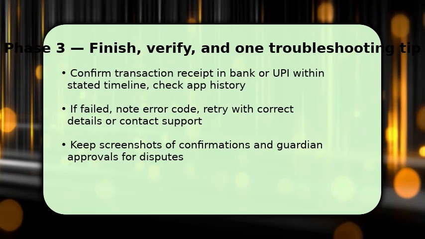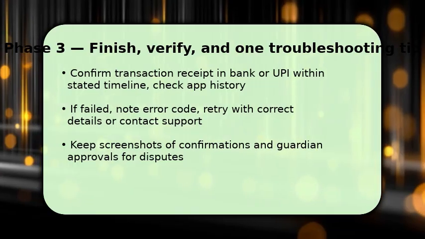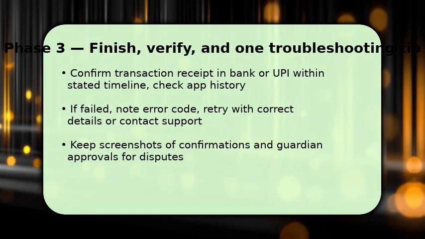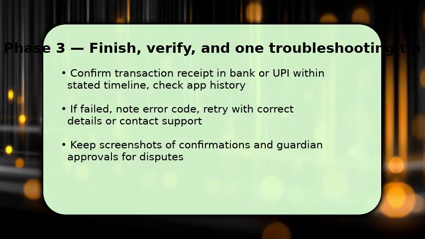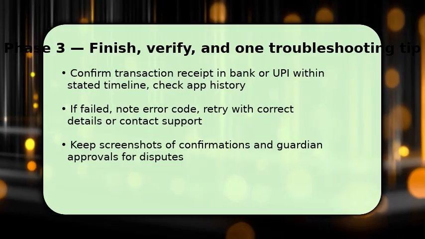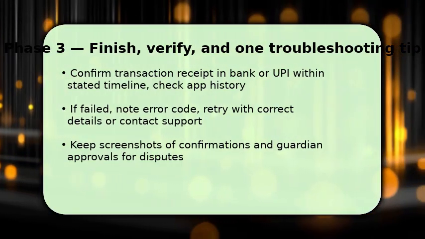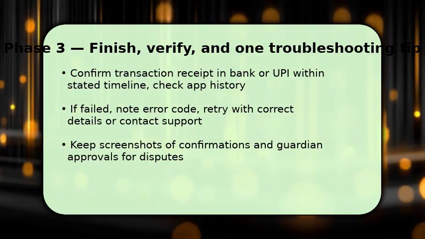You finish by confirming the transfer in your bank or UPI app, because verification closes the loop and prevents disputes. Check Fampay transaction history to ensure status is completed. If it's pending, allow the stated processing time. If it fails, capture the error code and retry with corrected details, or contact Fampay support with screenshots and Guardian